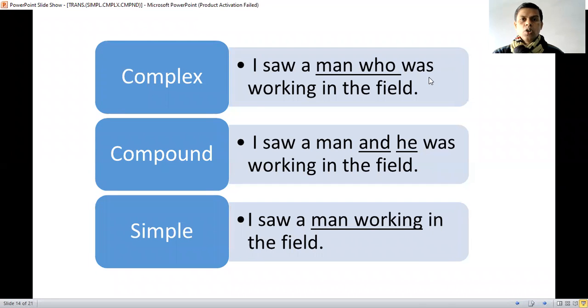There is no subject in that case, so we will use a subject. I saw a man, who means this man. So instead of a man, we can use he. So I saw a man and he was working in the field. Then if we want to convert it into a simple sentence, I saw a man working in the field. Then go to